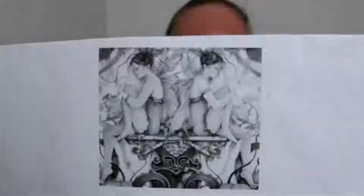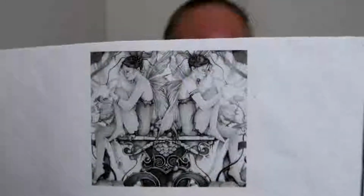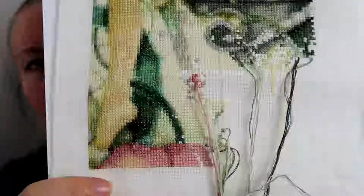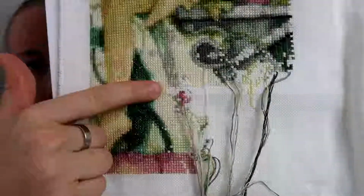Next is Emerald Heart. That is her picture. And this is how she looked last time. And here it is now. So I completed